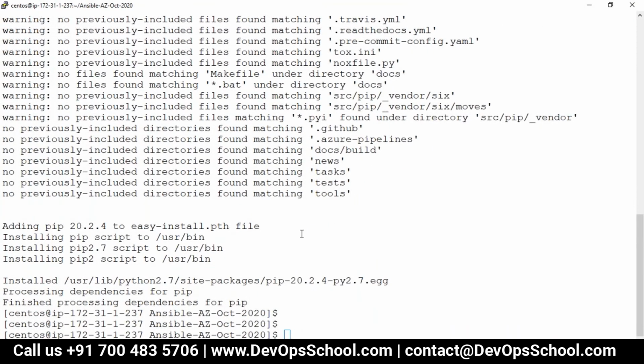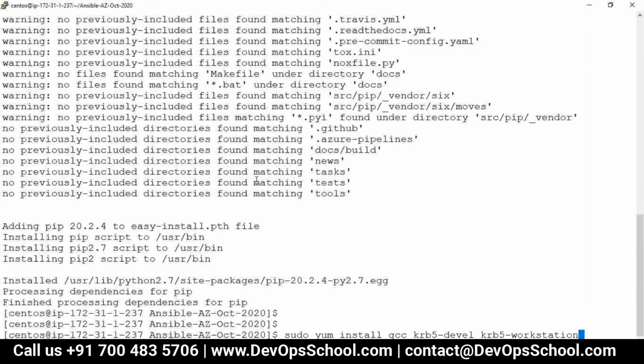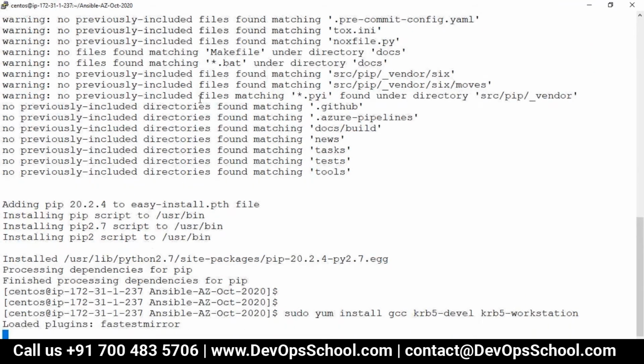Done, guys. Finally, I'll install this also. These are the utilities in ACS, remember.